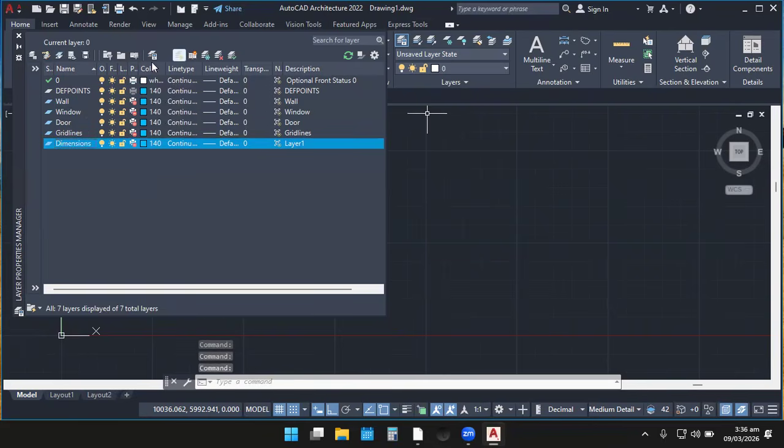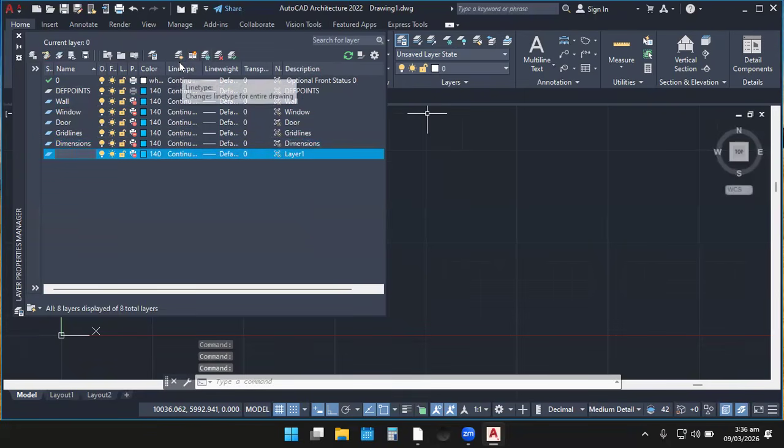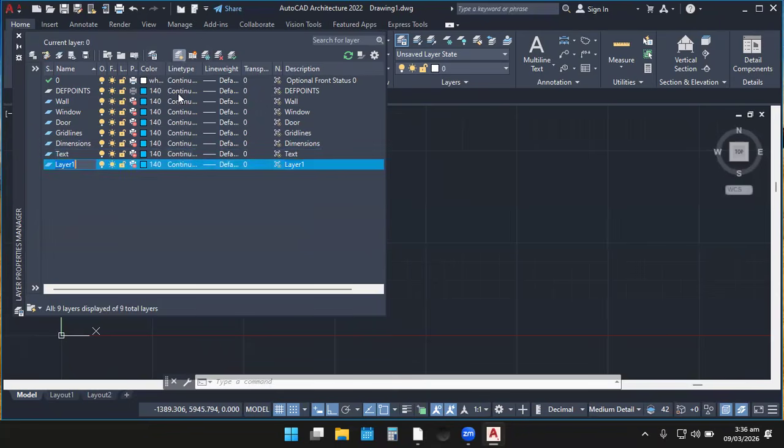When you're done, remember to press enter. Also, let's do text and then hidden line. Then we can now start changing colors. So let's do this for text. Enter, and then we are left with hidden line. So let's add one for hidden line.